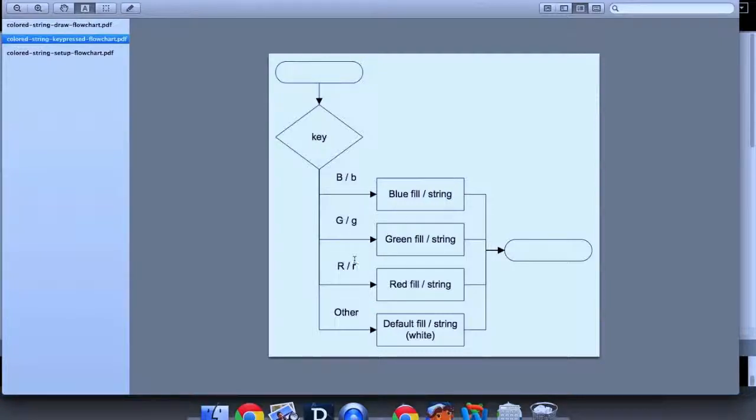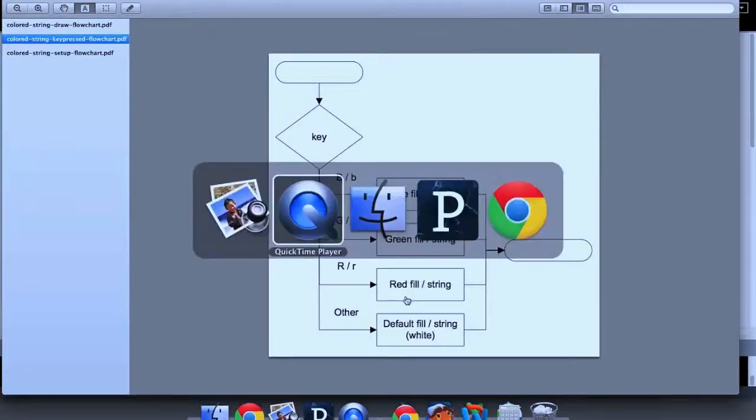Same for G and R, green and red respectively. And then if they type anything else, we'll go ahead to the default fill and string, which will be white color and none. Okay, so that's our design. In terms of the actual